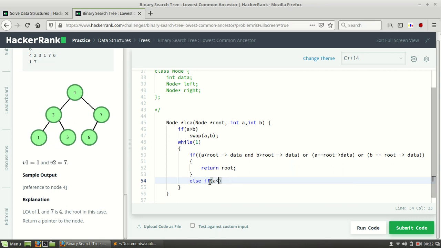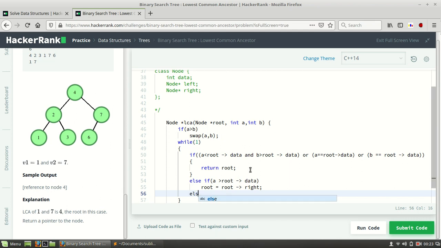If a is greater than root data, sorry, I had written root slash data, then we need to take root is equal to root right, because a is greater, so we need to move right, because in the right there are greater values and in the left there are smaller values than the root.